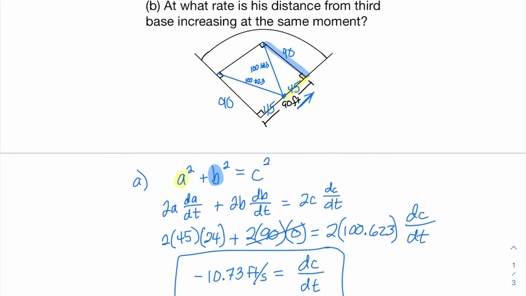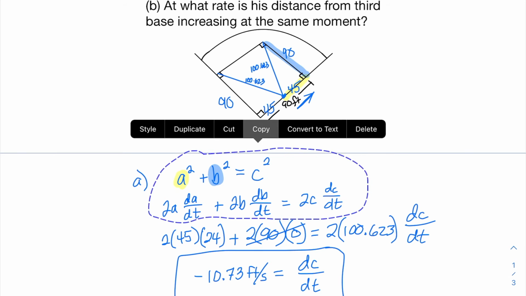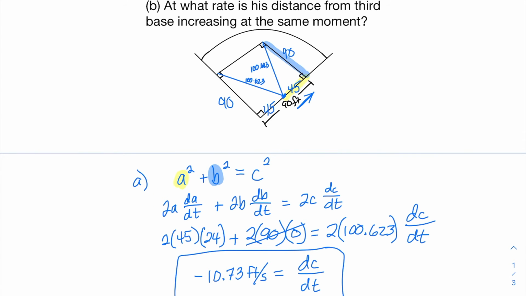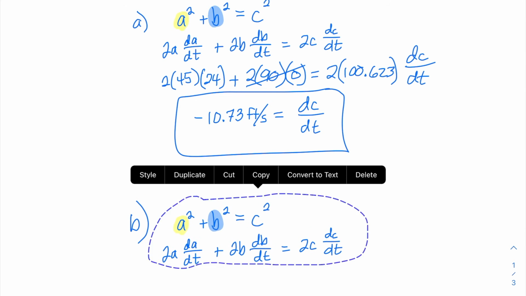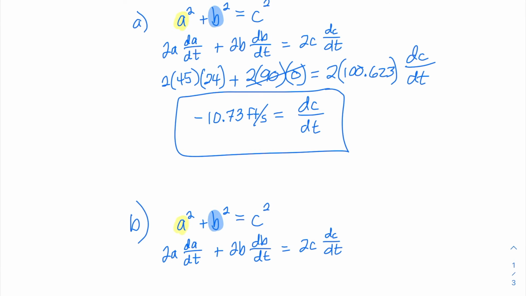We're still going to do this part the same, and I'm actually just going to copy and paste this. So for part B, we're going to have the Pythagorean theorem, a squared plus b squared equals c squared. We're going to do implicit differentiation and come up with 2a dA/dt plus 2b dB/dt equals 2c dC/dt. And then we're going to plug in our known values. So this is going to look very similar to what we just calculated. We have 2 times